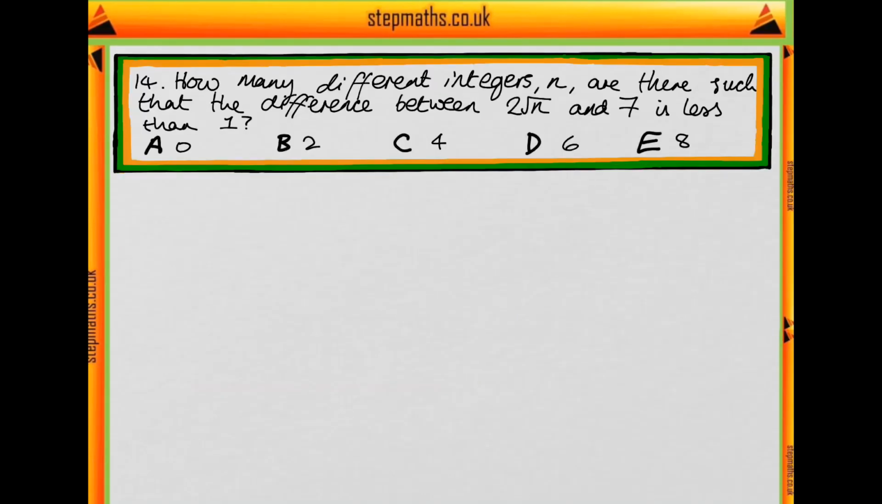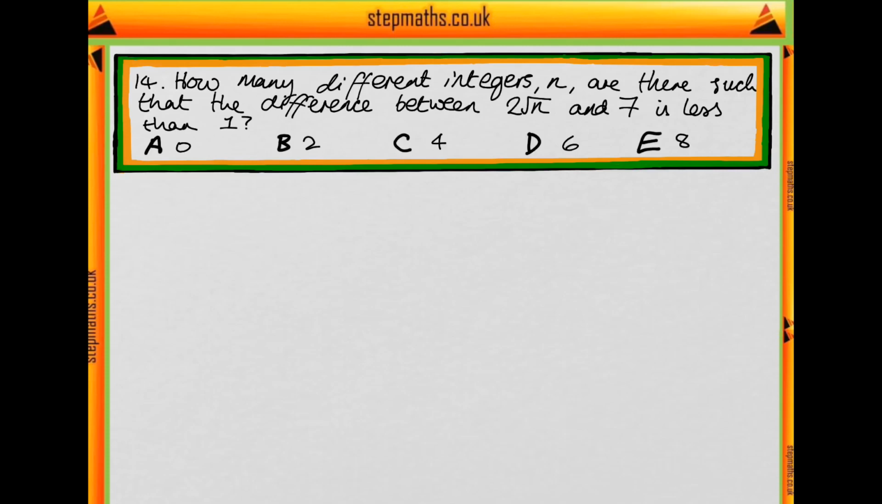This is question 14 of the Natural Sciences Admissions Assessment specimen paper, and it's a question about finding the number of different integers n such that the difference between 2 root n and 7 is less than 1. Now, this seems like a bit of a daunting question to start with because it might be hard to approach,